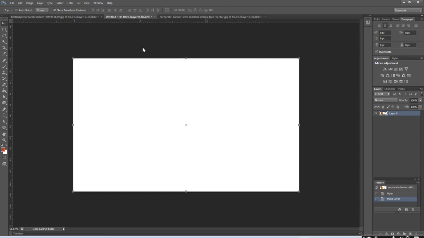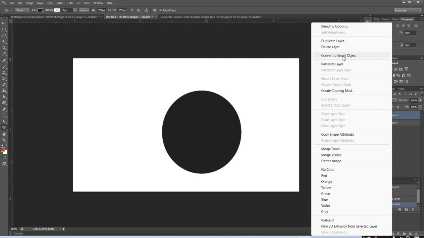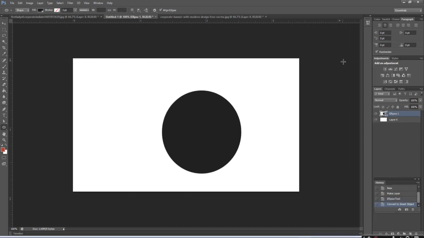Let's start. First of all, if we create a banner size in a clipboard, we have to draw a circle. Here I am drawing a circle, and definitely the fill color should be on and the stroke color should be off. And then I have to click convert to smart object, and then